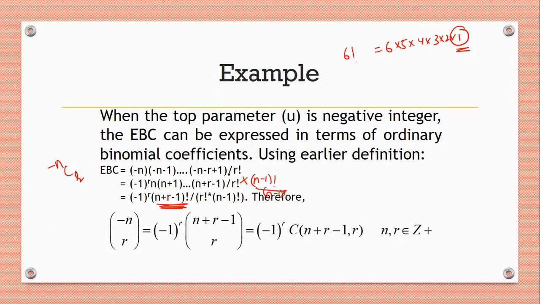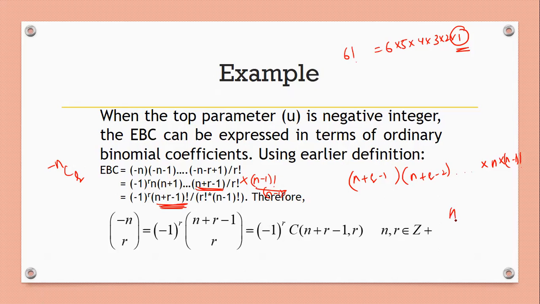So once we multiply the numerator with n minus 1 factorial, this (n plus r minus 1) factorial can be written. Why? Because we have n plus r minus 1, n plus r minus 2, and so on up to n. Then we are multiplying with n minus 1 factorial, so this will go on n minus 1, n minus 2, and so on up to 1. So this factorial we have obtained. And in the denominator, we have r factorial and n minus 1 factorial. So now this is actually the formula for C(n plus r minus 1, r).